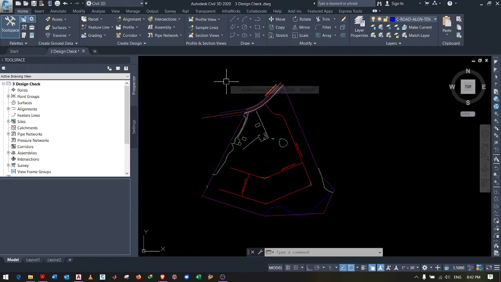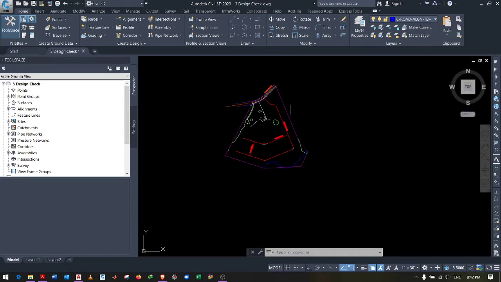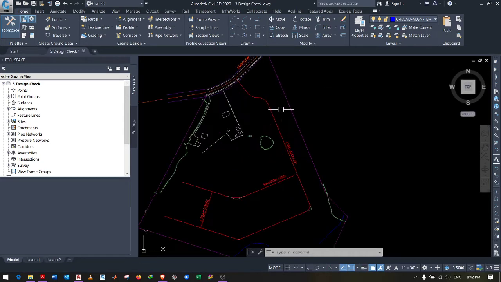Once we have created an alignment, we need to check whether it satisfies a certain set of criteria, like is the radius of the curve enough for the design speed that we are providing, or does it intersect with any other things, which is important. So we need to take care of those criteria. To check those, what we will do is